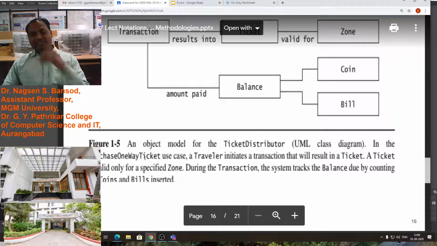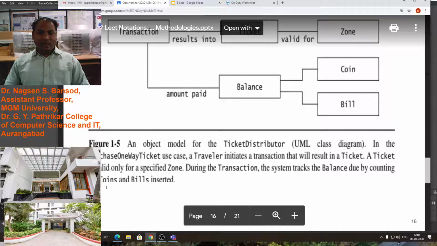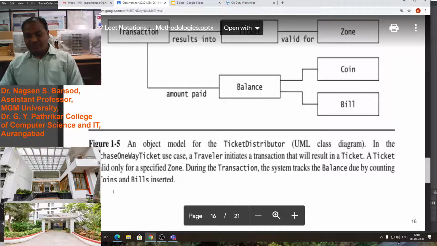The output of that purchase one-way ticket use case is the ticket. We want a ticket from the machine. A ticket is valid only for the specified zone. During the transaction, the system tracks the balance due by counting the coins and the bills inserted.